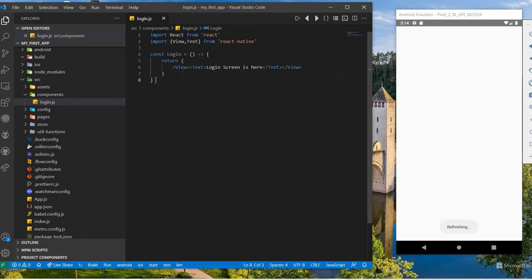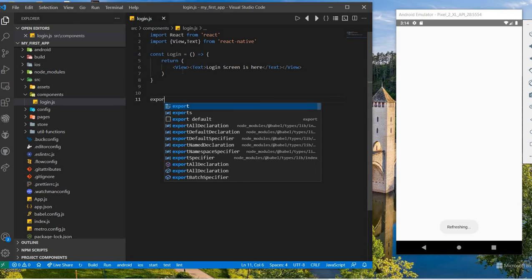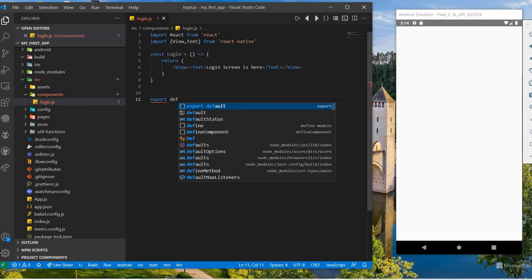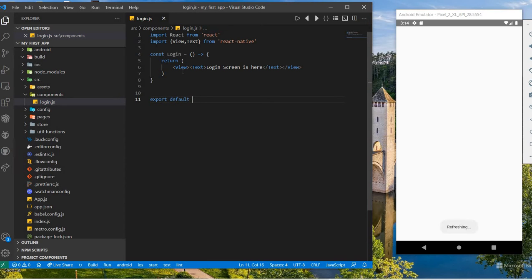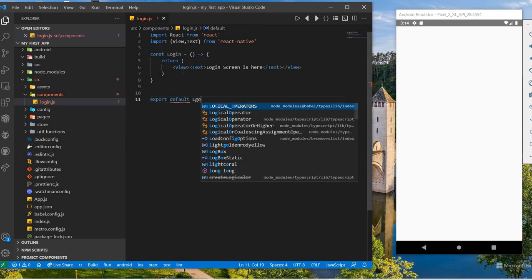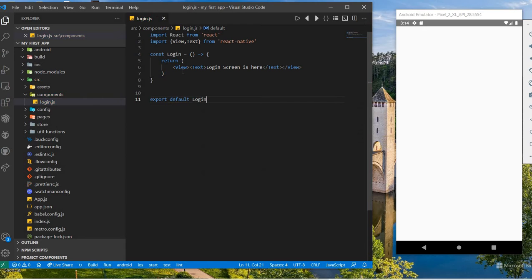So we made one functional component, which is login, and we need to export default login. Here we have completed the code for the login functional component.